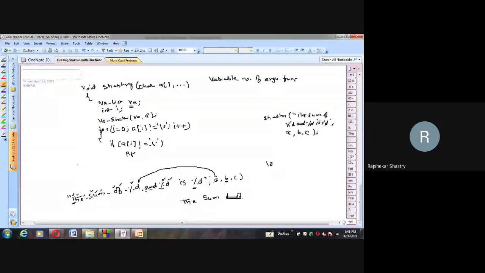So I'm printing printf("%c", a[i]). So that character will print. If it is not the percent symbol, simply display that. So the first character T, which is not the percent symbol, will be displayed on the screen. And then the next incrementation will take place. Likewise, we continue. If it is not the percent symbol, simply display. Otherwise, means else